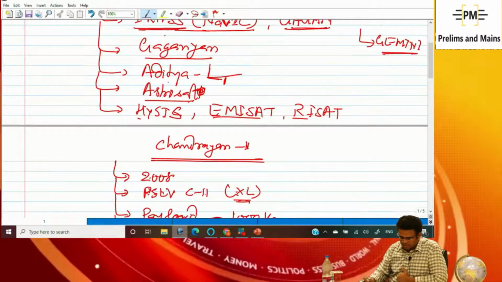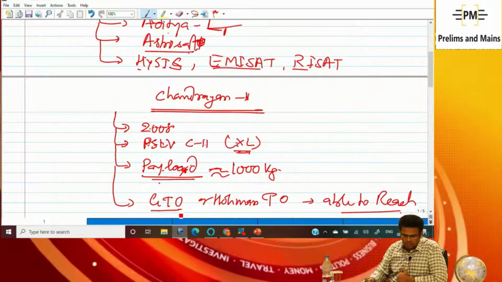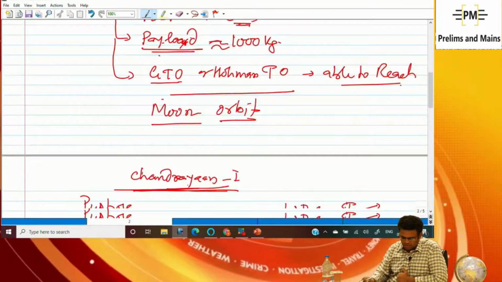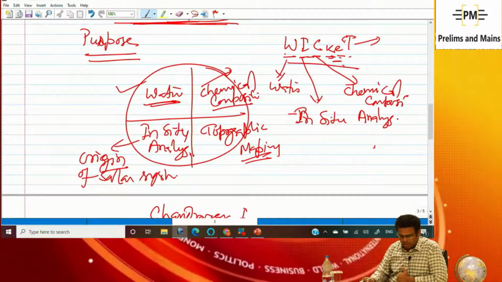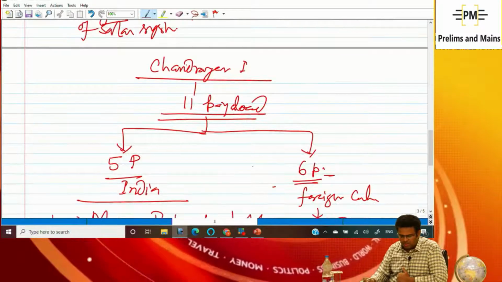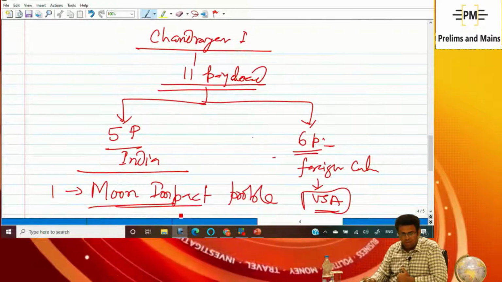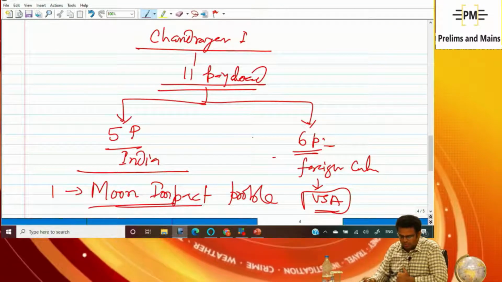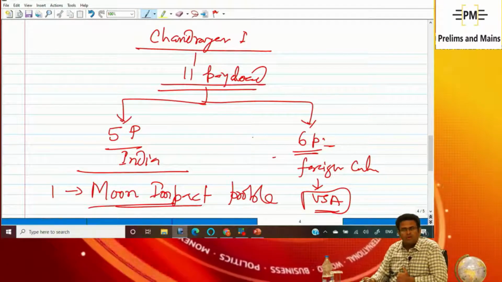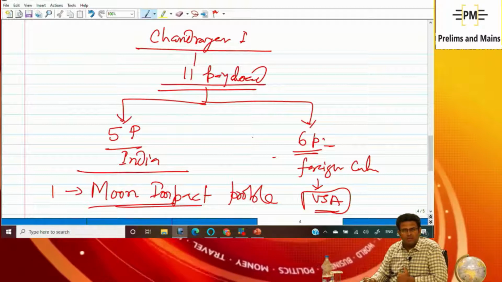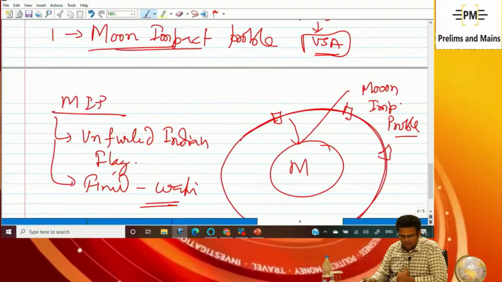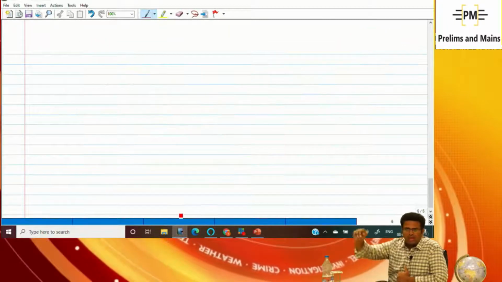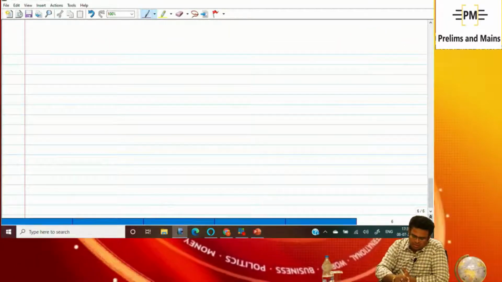This is how it is, and what are the jobs of it. These were its purposes, and thereafter Chandrayaan 1 has a payload. It is 5 from the India side and 6 from foreign countries, and the Moon Impact Probe is there, which unfolds the flag of India over there. Then we can see what the Moon Impact Probe is, and if I say criticism,